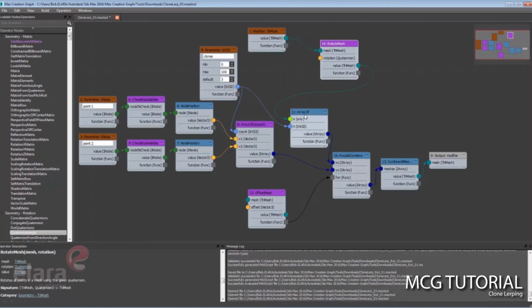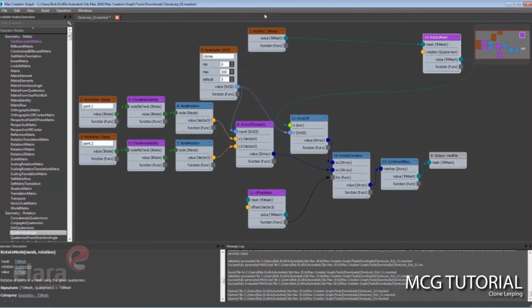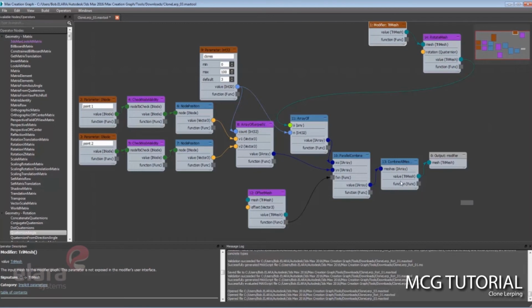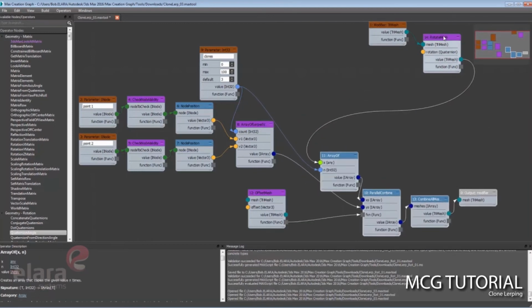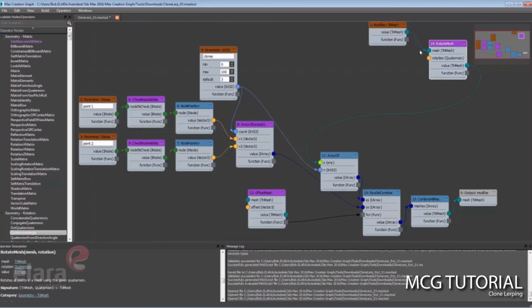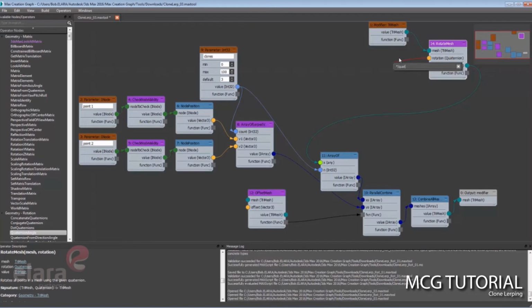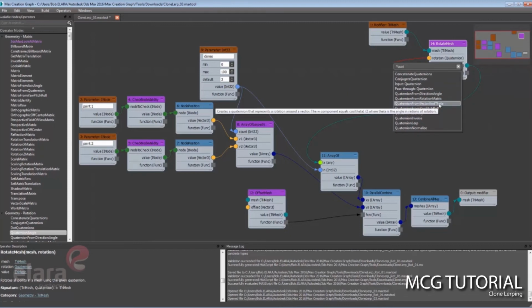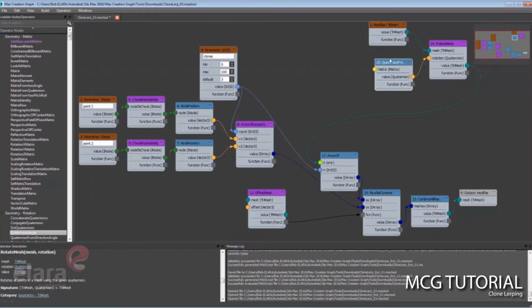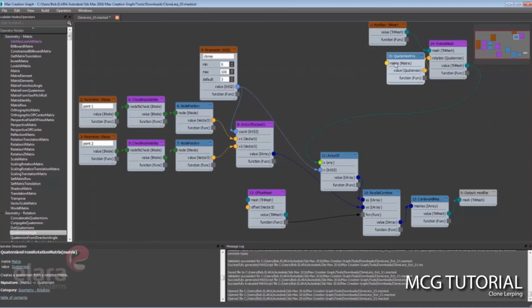So we now have this in between these two, and we have to figure out what is that rotation, that look at. So let's bring these over here to make some space, and we'll kind of work backwards in figuring out what we can do to get that look at rotation. So we know we need a quat here, so QAT. Quaternion from rotation matrix sounds good. So now we know we need a rotation matrix, so let's work backwards from there.